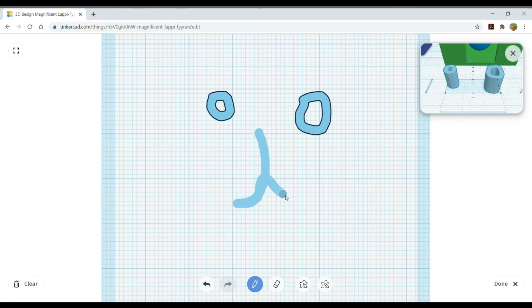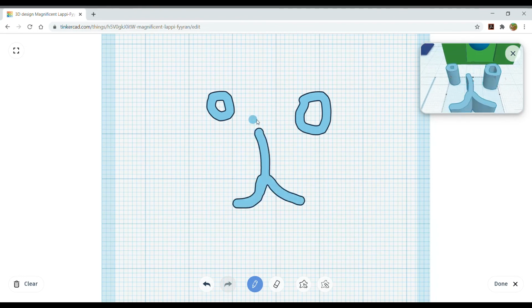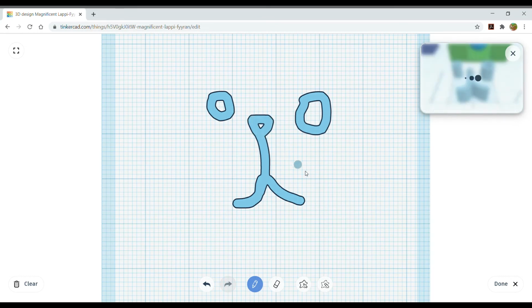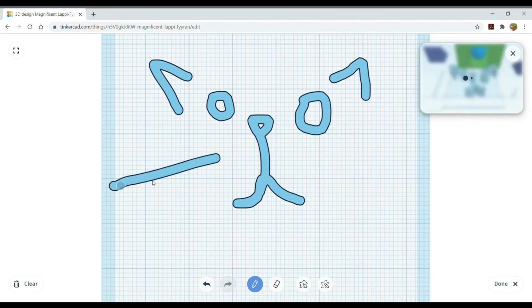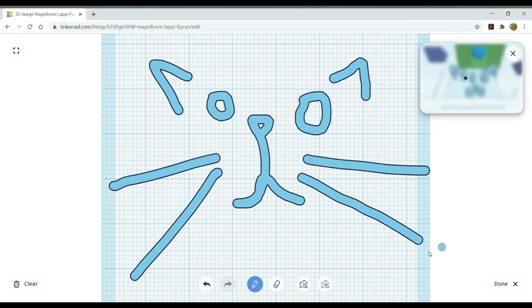And maybe this is like a kitty cat kind of face actually. I don't know what. Okay, so this looks like, does it look like a cat or a dog? I have no idea. Anyways, so this face can then be